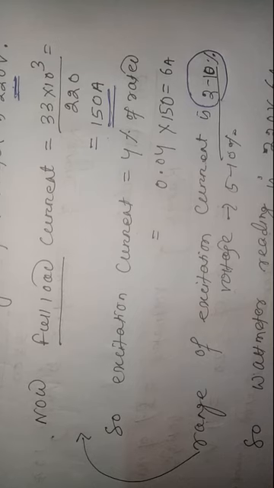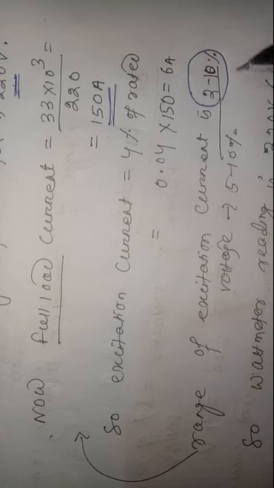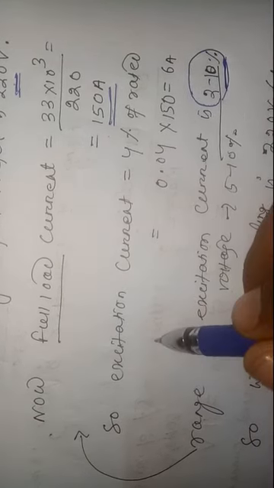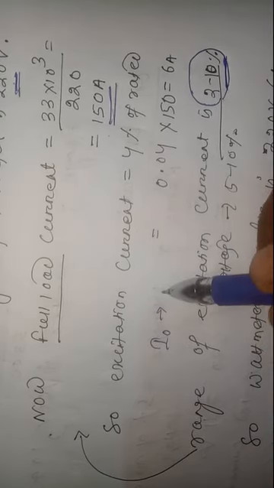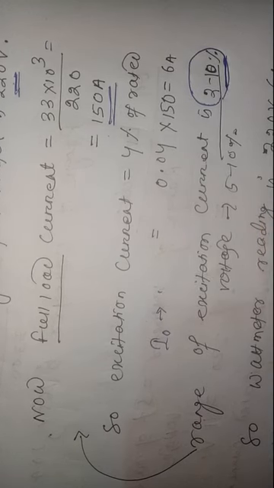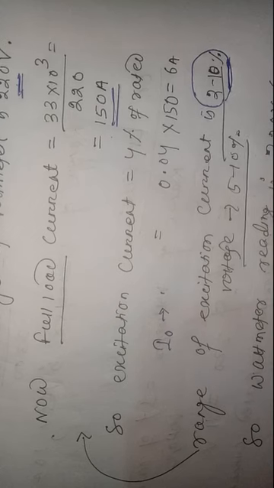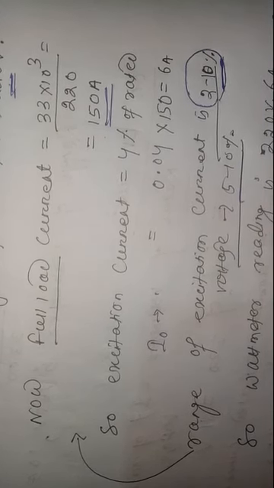That means when no load is connected on the secondary side, the primary will draw only 2 to 10%, so as to fulfill the requirement of no load loss as well as a small amount of iron loss. And the input voltage rating is in your range 5 to 10%.